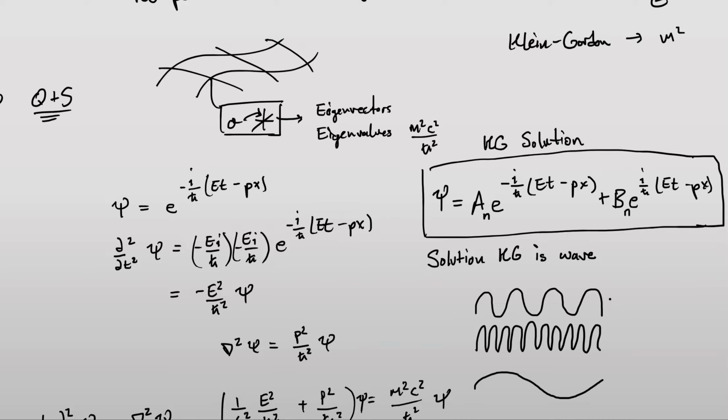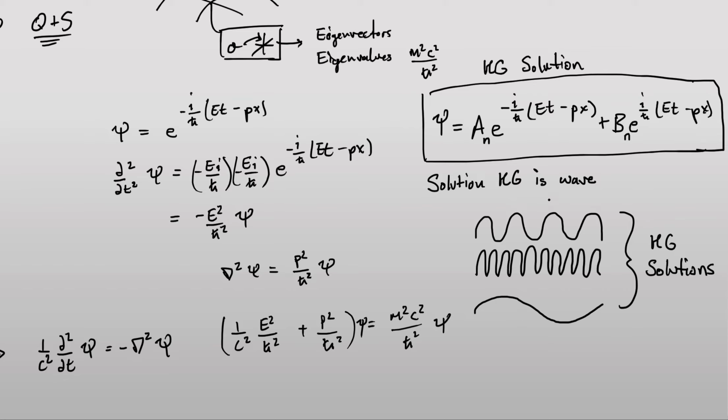These are all solutions, KG solutions. These are all solutions to the Klein Gordon equation. And what we're going to see here is that if we put constants out here,